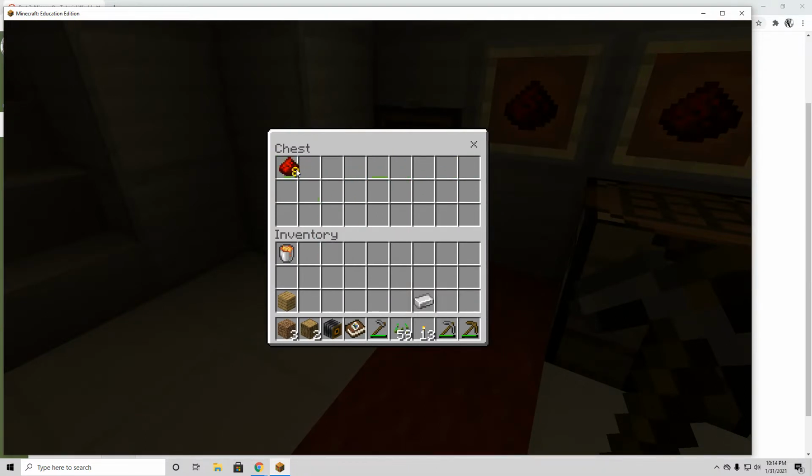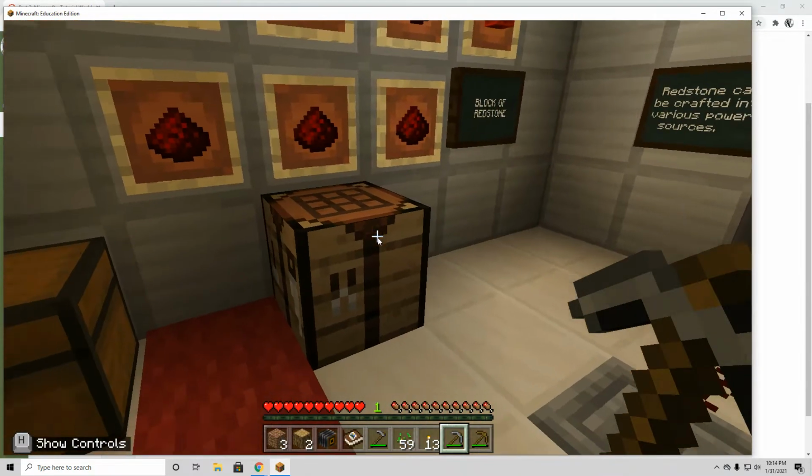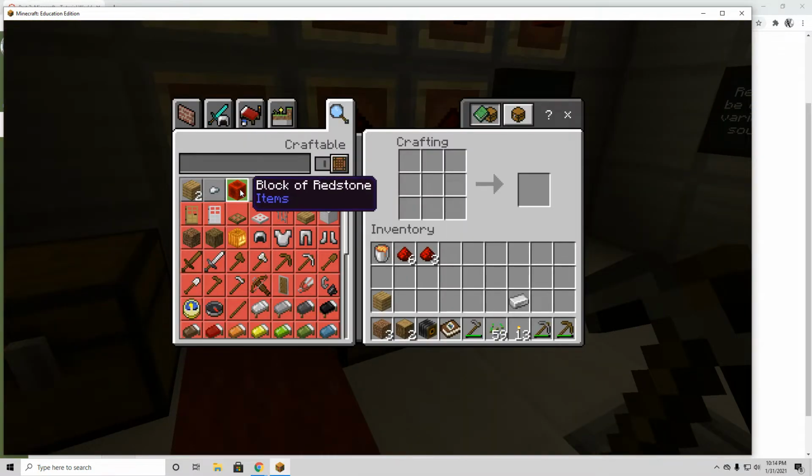What I was doing right there, in case it wasn't clear, instead of having to do this and then do this and then do this, you can do this. I was just holding down Shift and clicking it, holding down Shift and clicking it the whole time. It's just a way to move stuff. Okay, so here's the block of redstone recipe that I want. And I don't have to memorize these, and I don't have to go around here placing redstone this way. You can do that. But what you can do, and what I just did then was,